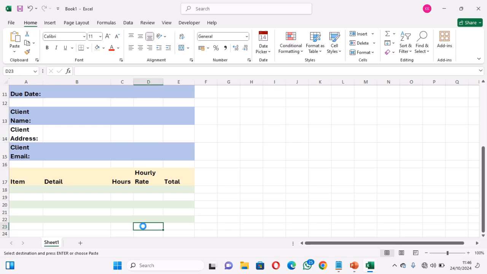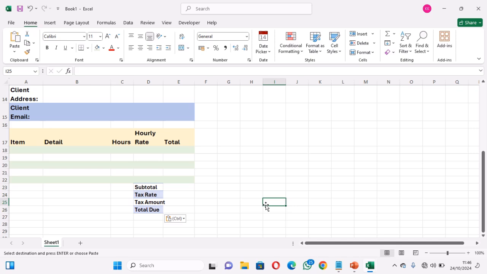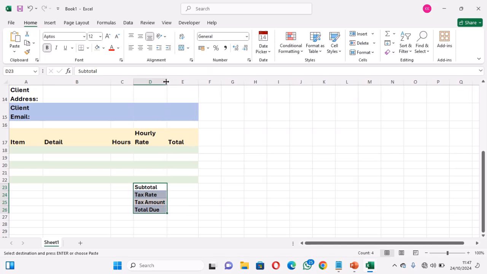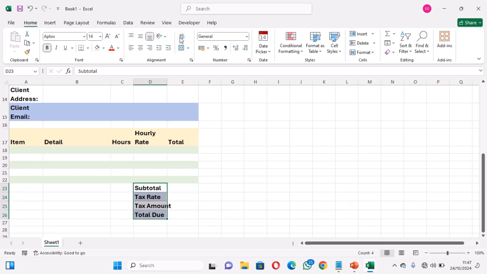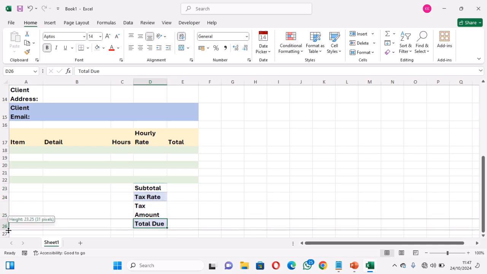So that's it. Well, let me wrap the text around here so that it will be clearer. Clicking the font button and wrapping the text. Okay, so that's it. We have been able to accomplish this now. So we are going to go to the next section where we are going to look at creating the